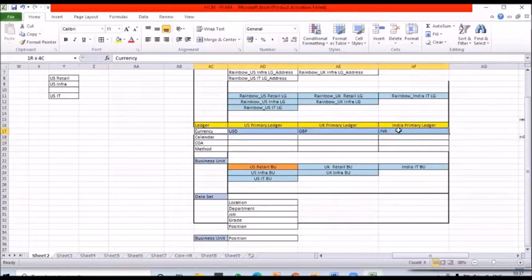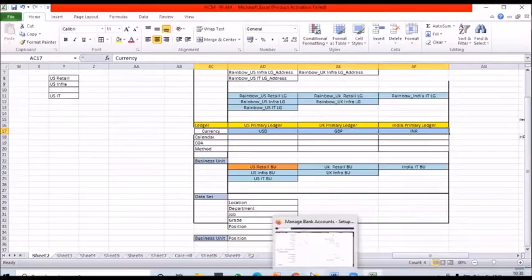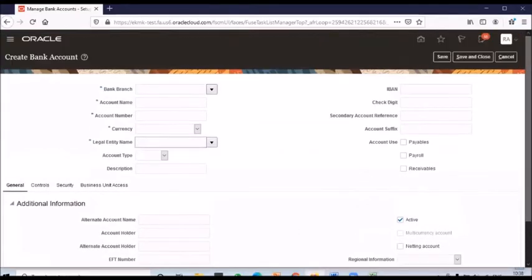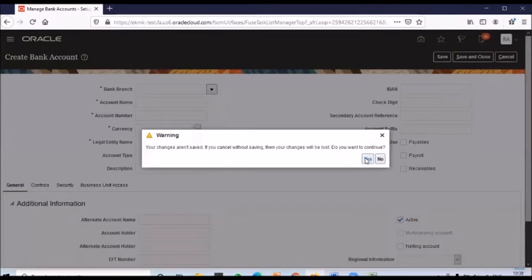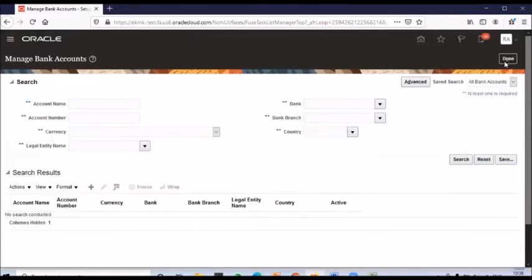So we have the currency. Currency is available in the system by default. We don't require to do anything. If you want to disable any currency, yes, you can go and disable. Or if you want to give an end date to any currency, yes, you can give the end date. You want to go for currency, just go to Manage Currencies. We'll come back to this screen once our legal entity is attached to the ledger. I'll show you how it will reflect.